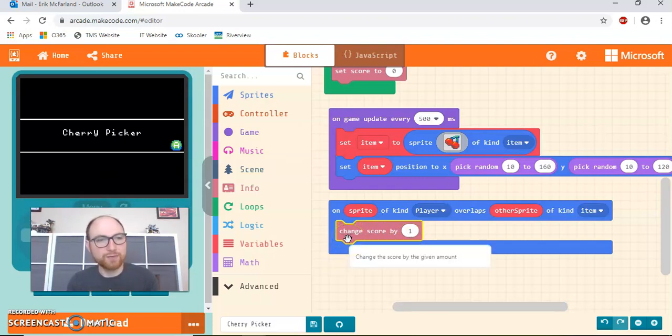So if I was at 2, I would go to 3. If I were at 3, I'd go to 4. It wouldn't just change it to 1. It changes it up by 1. The other thing I want to do is I want to get rid of that cherry when I step on it. You'll see that if I play the game right now,